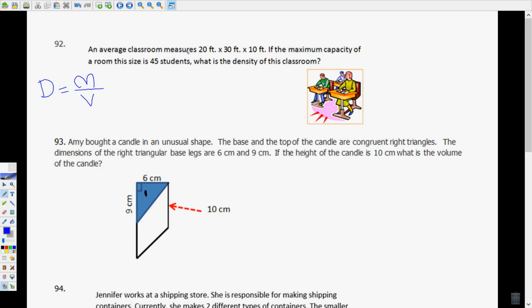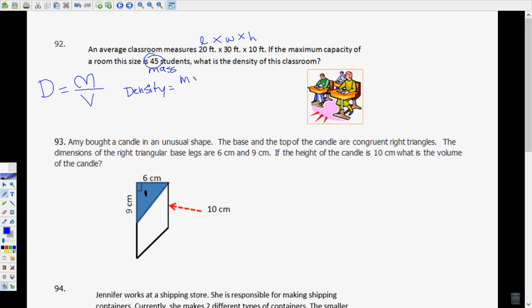Well, an average classroom measures 20 by 30 by 10 feet. If the maximum capacity of a room this size is 45 students, what is the density of the classroom? Now in this problem, it's not the perfect problem, but they are considering 45 students as the mass. Then you would use this length, width, and height to find the volume of the classroom. So it's a little bit weird because you wouldn't usually think of people as mass, but